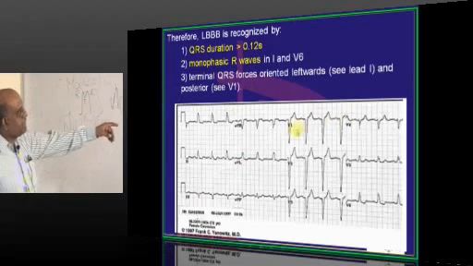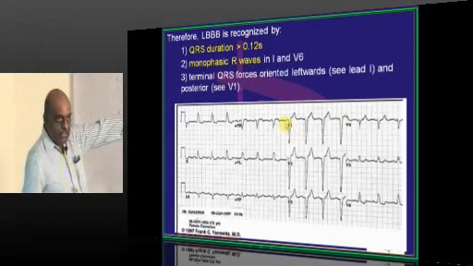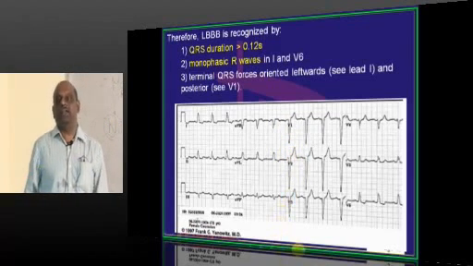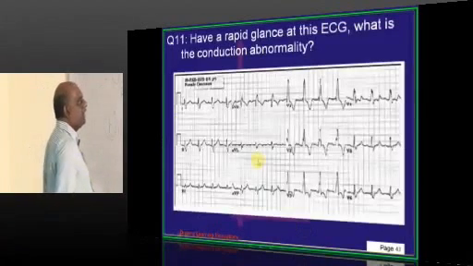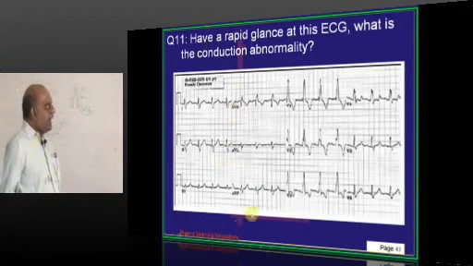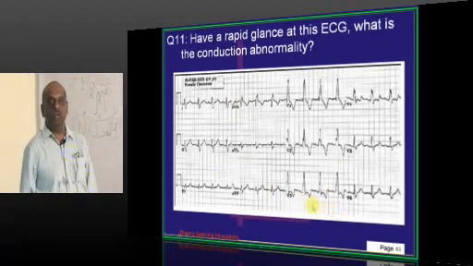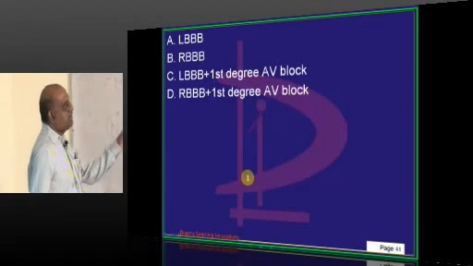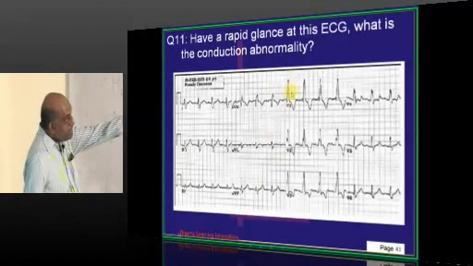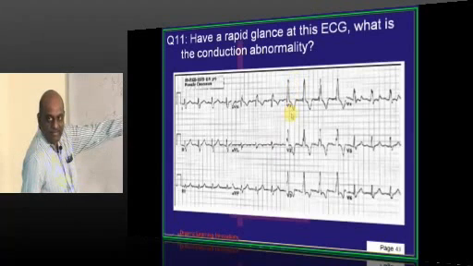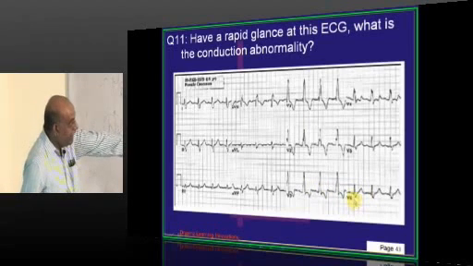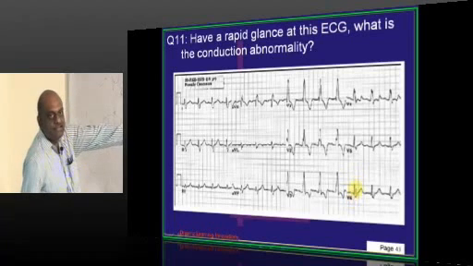If the QRS complex duration is more than 3 small boxes, that is an indication of left bundle branch block, is what needs to be remembered. So what is the conduction abnormality that you are having over here? In this case you are having an RSR pattern in the lead V1, and what do you have in lead V6? W. A small negative deflection Q, then R, then S.